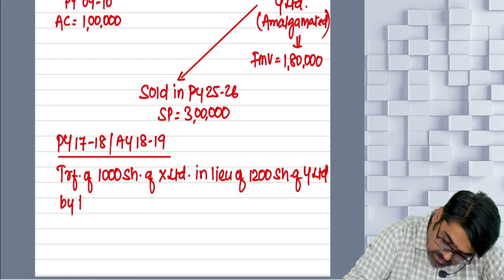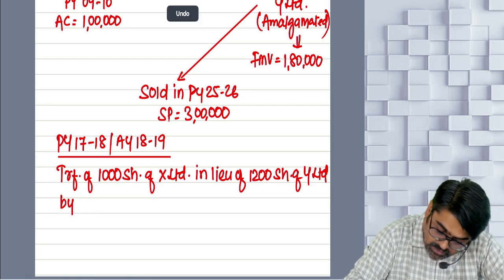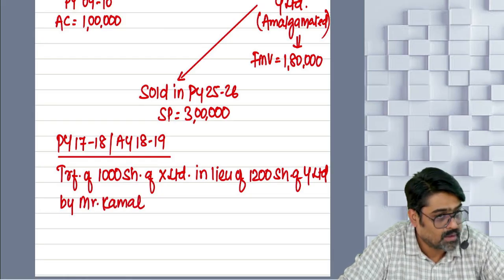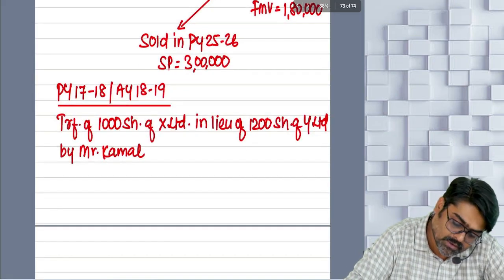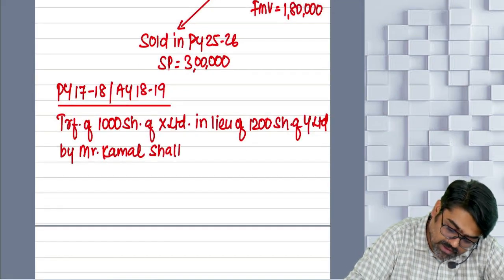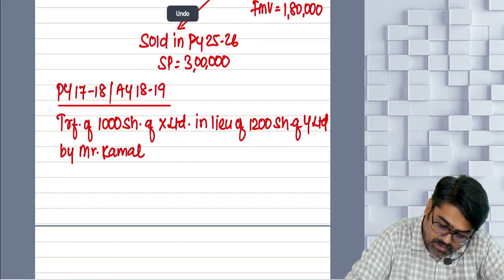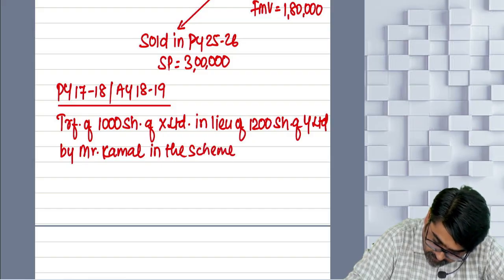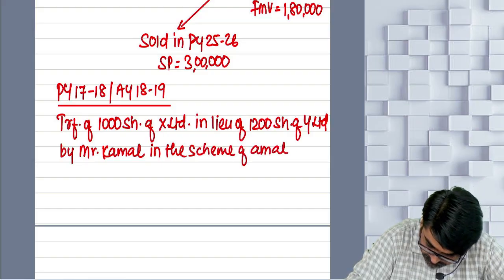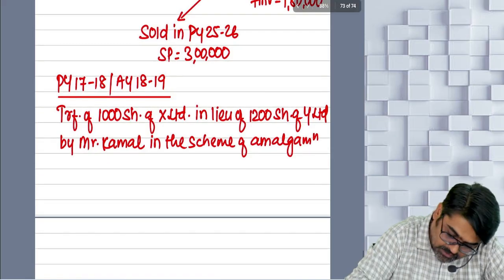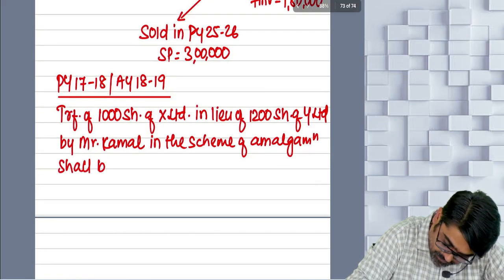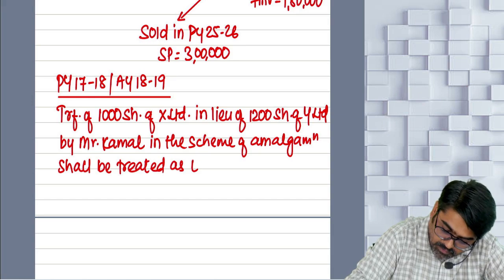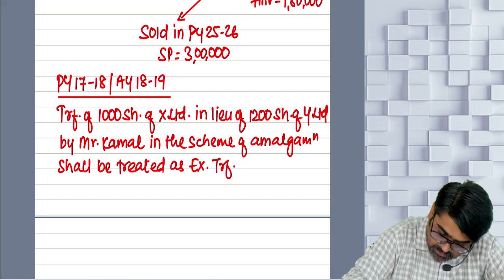by the shareholder. Who was the shareholder? By Mr. Kamal, in the scheme of amalgamation. Yes or no? In the scheme of amalgamation shall be treated as what? Exempt transfer under section